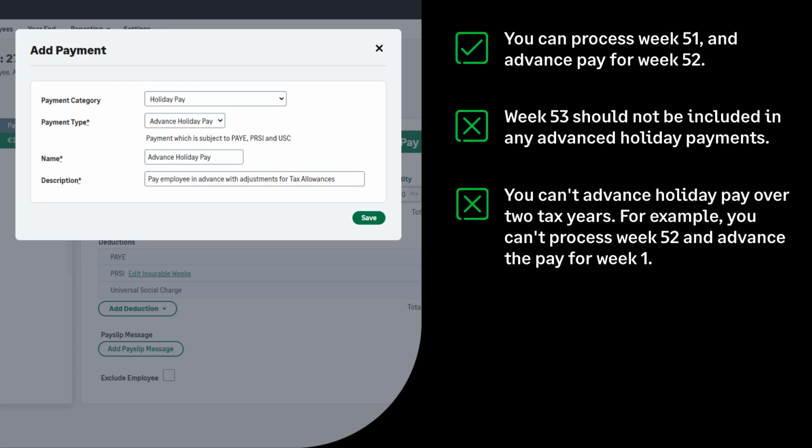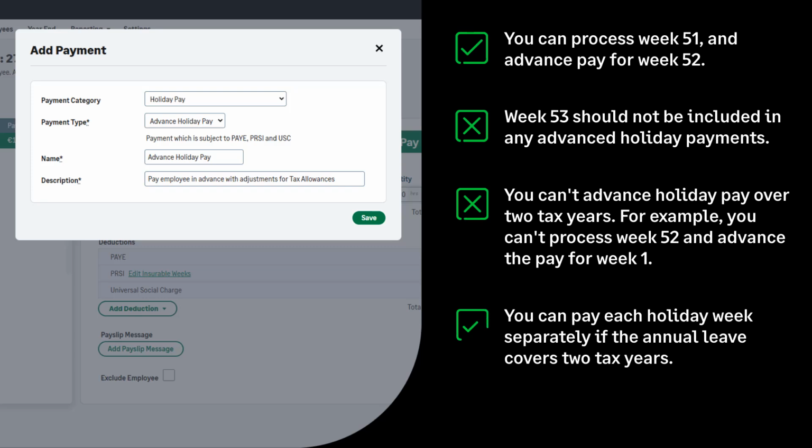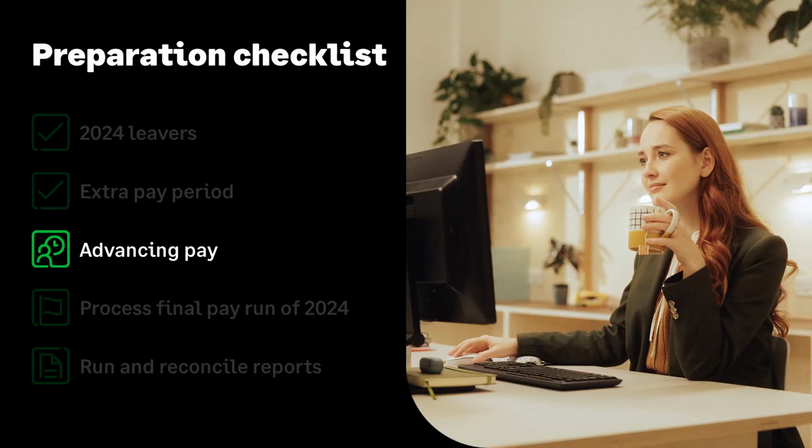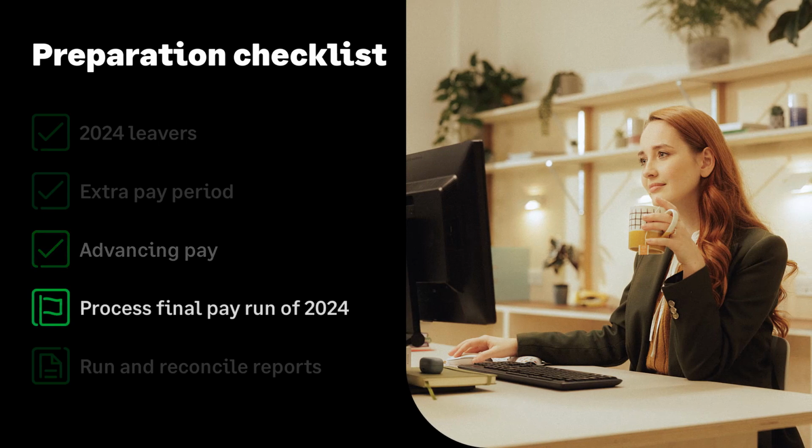For example, you can't process week 52 and advance the pay for week 1. However, if your employees are on holiday over this period and you'd like to pay them early, you can pay each holiday week separately without using the advance pay feature. If you choose to do this and you use PayPath or SEPA payment files, a payment file will be created for each week you've processed separately. Now you have learned about advancing holiday pay over year end, we'll move on to processing your final pay run